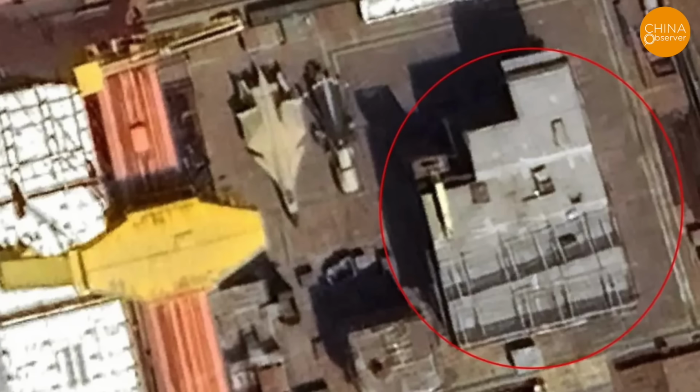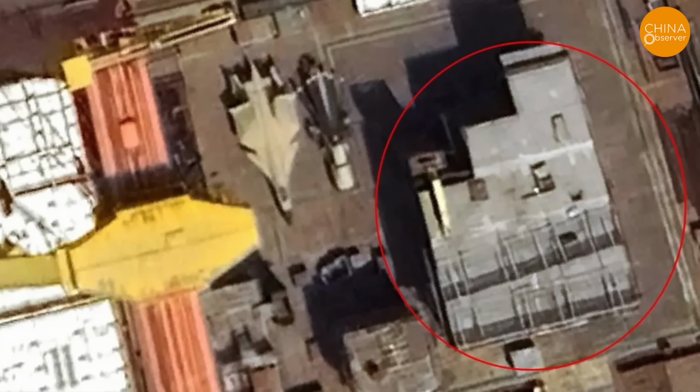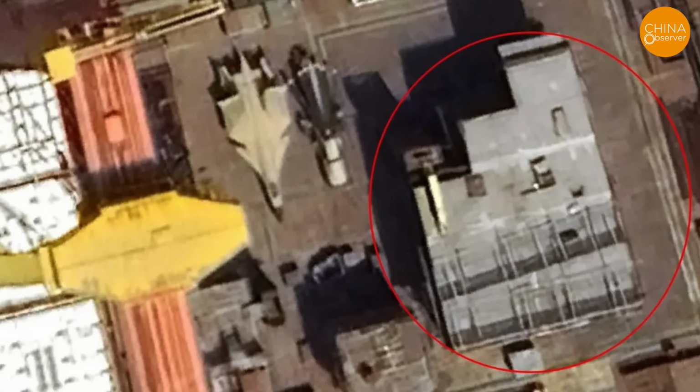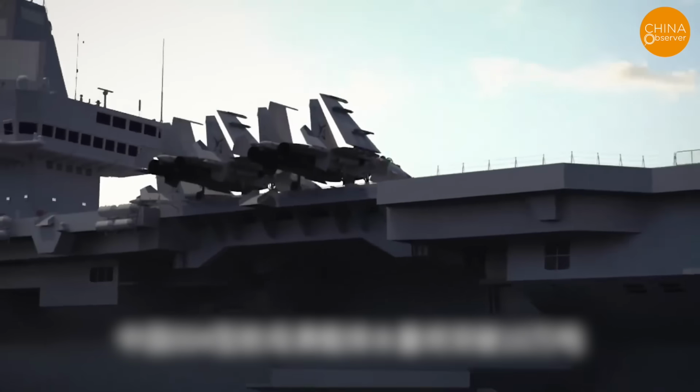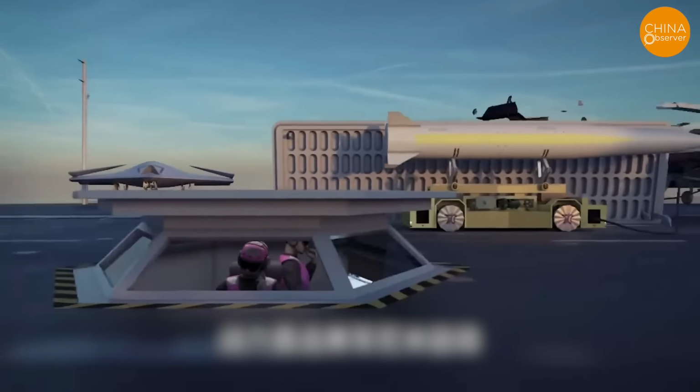Recently, satellite images taken of the Dalian shipyard went viral online. The images show several deck modules in the dock, with 4 parallel tracks outlining the design for electromagnetic catapults. Soon, CG enthusiasts quickly created 3D models, paired with dramatic background music and narration, showing a world's first super aircraft